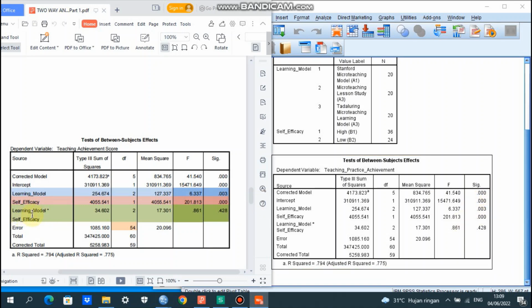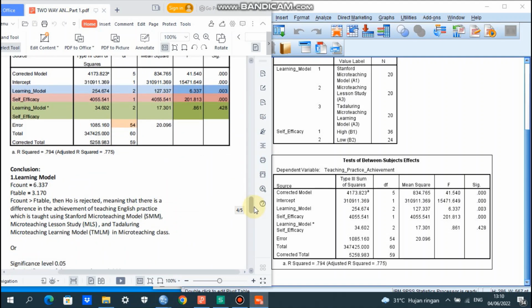And for the interaction between learning model and self-efficacy, the F count here is 0.861 and the significance here is 0.428. Okay, and then next we do the interpretation.